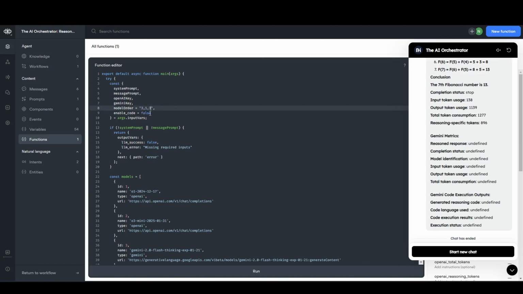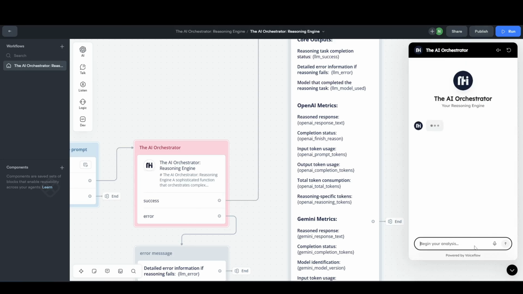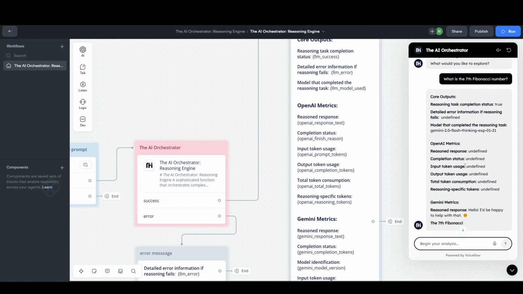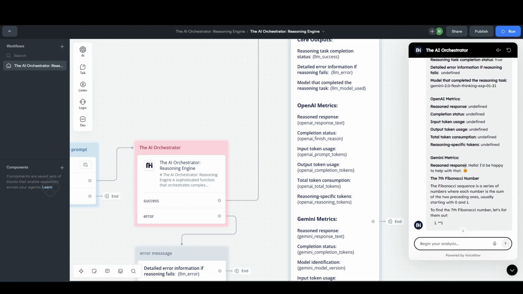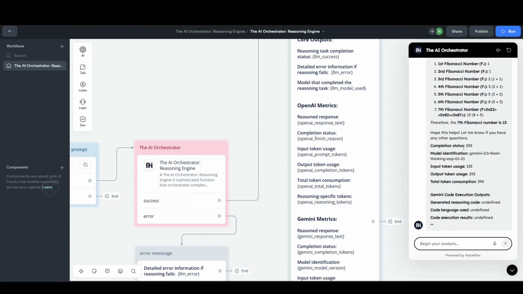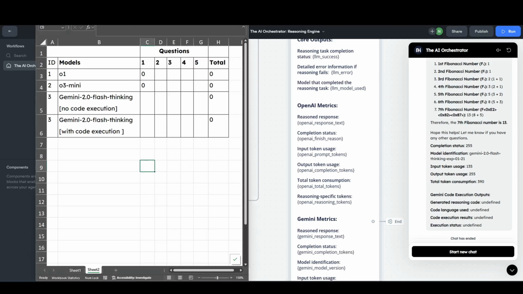We're going to use Gemini without code execution. So we are using Gemini without the code execution, and we can see that the Gemini model without code execution also got it wrong.